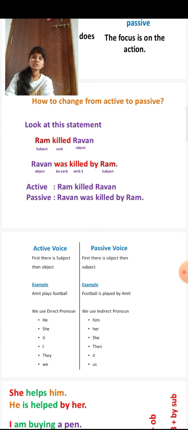So why do we use the passive voice? For that I have given four points for you. What are they? First one is when the agent is unknown or unimportant or obvious from the context. Second, to make more polite or formal statements. Third, when the action is more important than the agent, as in processes, instructions, events, reports, headlines, news items and advertisements. And fourth, to put emphasis on the agent.